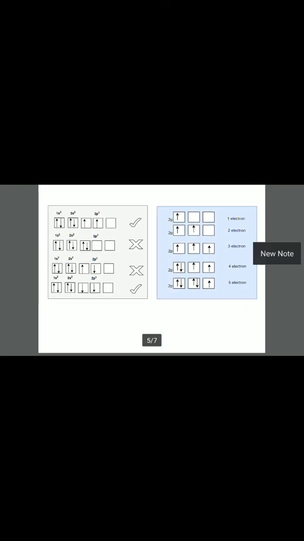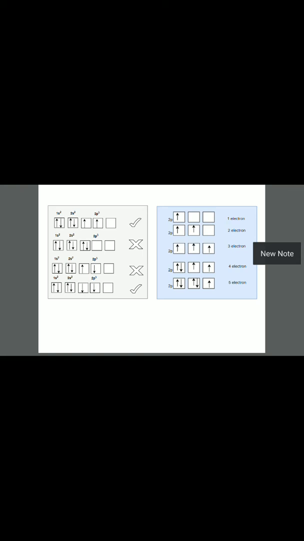In the picture, you can see there are two types of arrangement. One arrangement is if you have to deal with 1s2, 2s2, 2p3, meaning you have to arrange a total of 7 electrons. Say you are doing the case of nitrogen. Nitrogen has a total of 7 electrons. Now 1s will have 2 electrons, correct? It is represented in the paired state. Yes, it is correct.